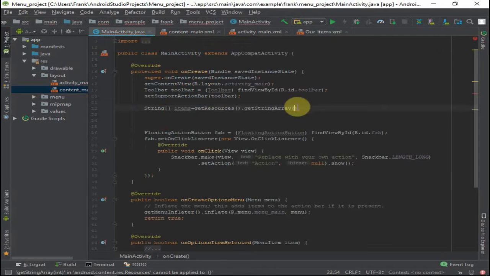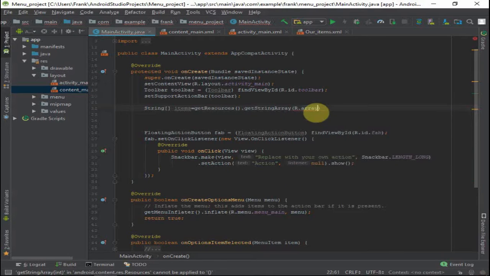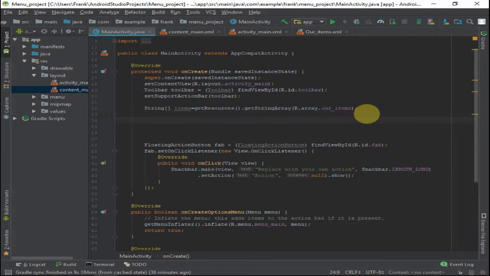So when I go back to my Java code, I will say R dot. If we are using just a simple string, we shall say R.string, but since we are using an array of strings, then we shall say R.array, and then we shall say dot items, which is the name and the ID that we have given on the other side. So after this statement, now we shall need to create an adapter, the array adapter,